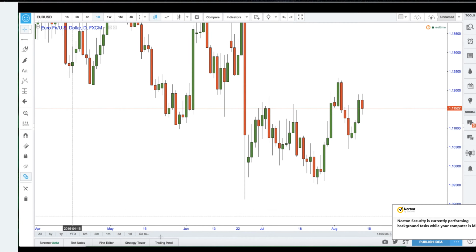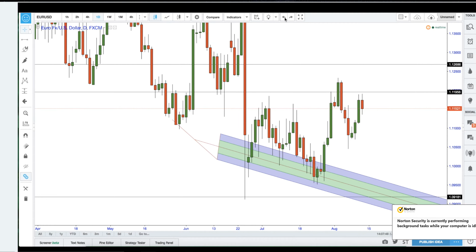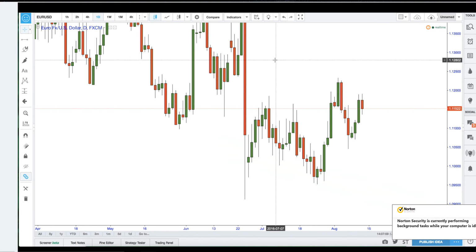If you accidentally delete everything off your chart, if you come up to here, you can see this, we have undo and go forward. So if you ever make an error on your chart, you can click undo. So if you accidentally press remove all drawing tools, don't fear, because you can in fact go back and then just simply undo that action, and then you can go forward and back and so forth. So that's the undo and the forward buttons there.